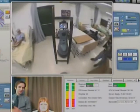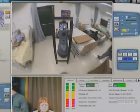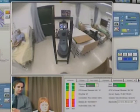And the robot itself has ball-bearing wheels, so it can turn right on its own footprint. It's completely maneuverable. It can do strafing motion, forward, back, etc. On the back of the robot,